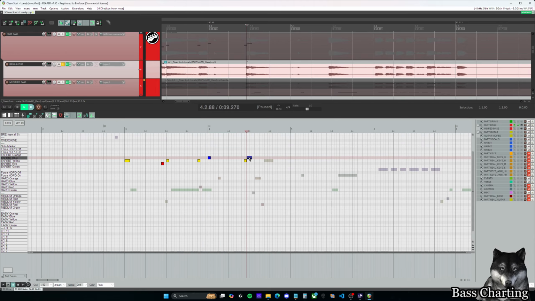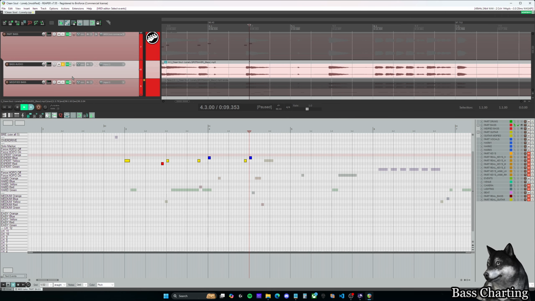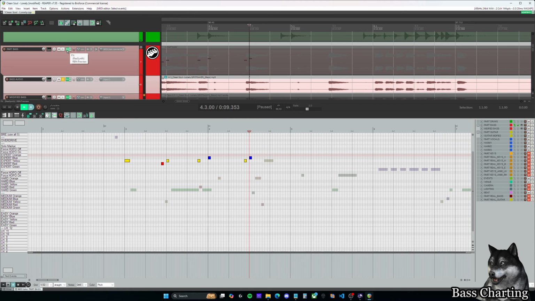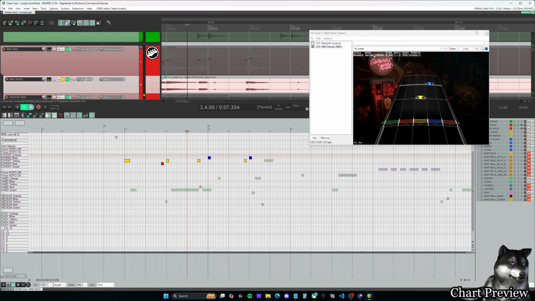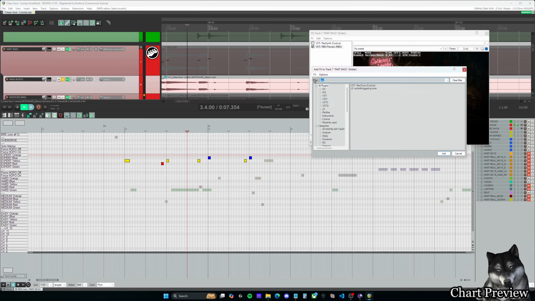Okay. I'm going to turn on my preview for this. I'm not using it right now, but to turn on the preview, of course, you're going to click this FX button for part bass. Okay, drag that over here. And then I like to use the other chart preview than this one. This one works fine too. You leave it on the mode for guitar bass here, but I like the other one that I talked about in a previous video